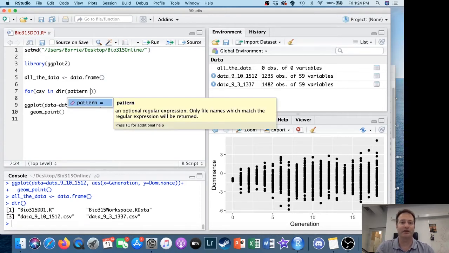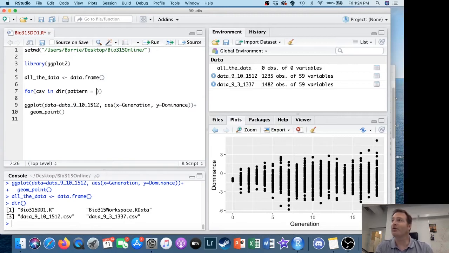I'm just telling it the pattern that I want you to look for, and then we'll put some quotes in here. Star means anything. Like a star means wildcard. It could be anything that has a .csv extension. So anything .csv. Alright, and then because it's a for loop, we want to put those little curly braces there,